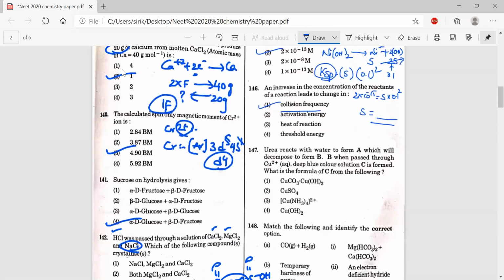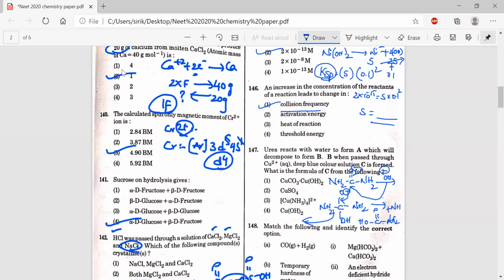Urea reacts with water to form A. Here we are taking urea, NH2, C double bond O, NH2, and when we treat it with water, OH minus ion attack takes place. It attacks carbon, a nucleophilic substitution reaction, and two electrons shift, which results in the formation of this kind of intermediate structure. Again two electrons shift here, and NH2 minus goes out as a leaving group. Then it results in the formation of this intermediate OH, and again NH2 minus and H plus of water go out as ammonium.